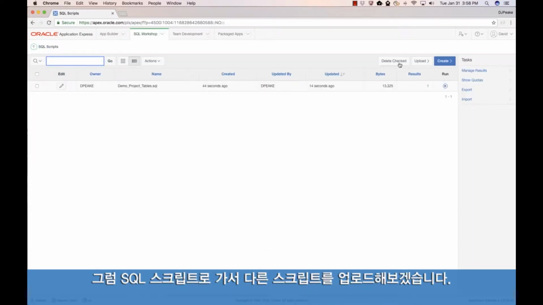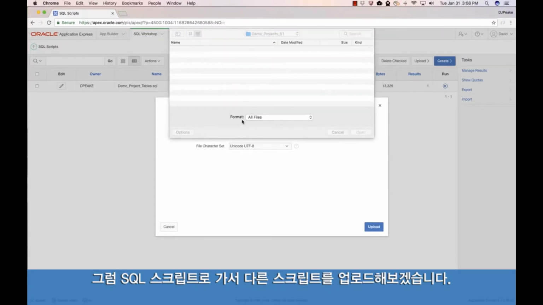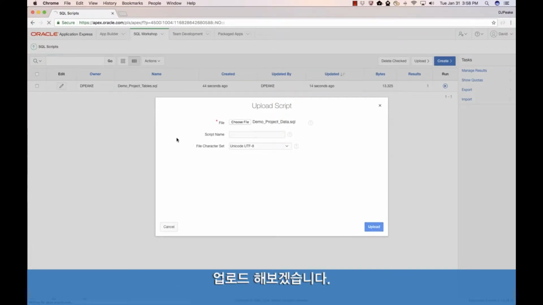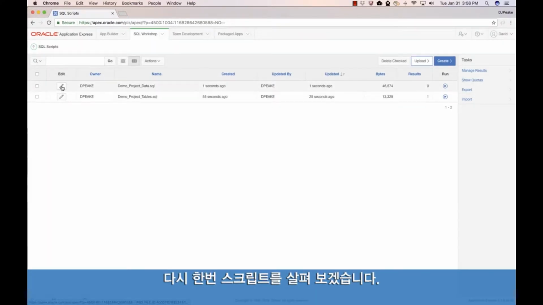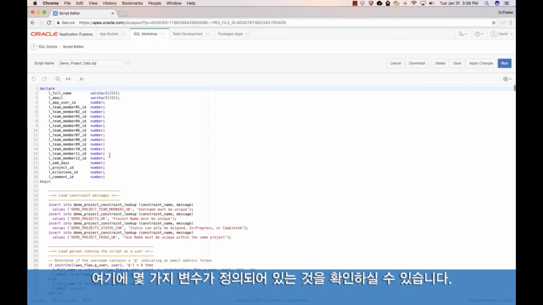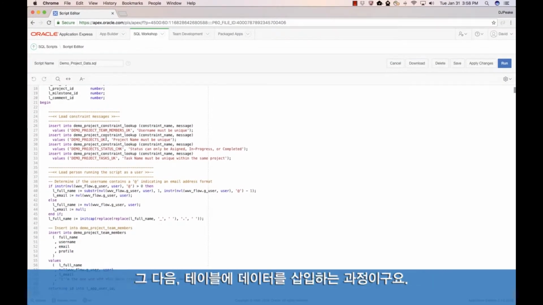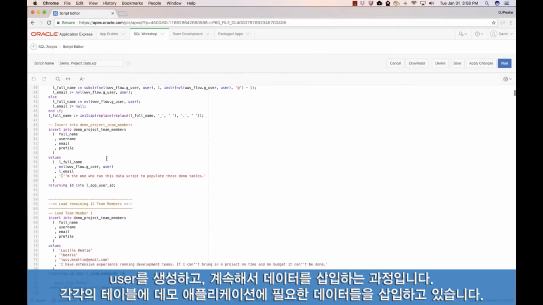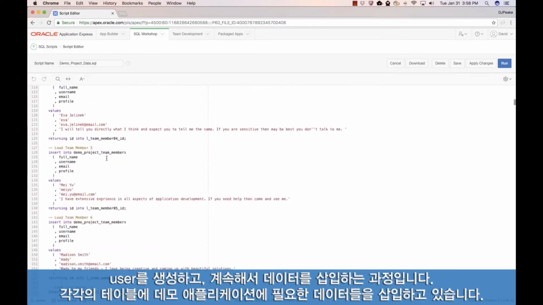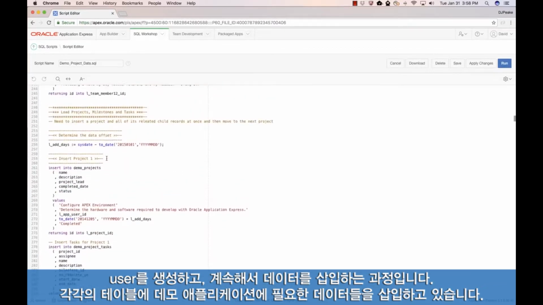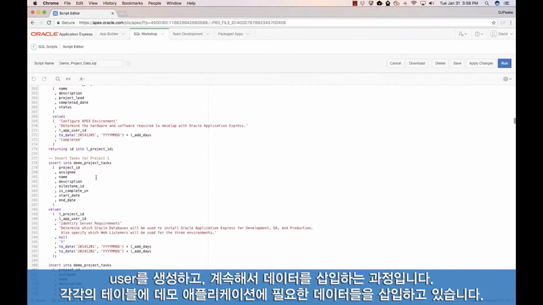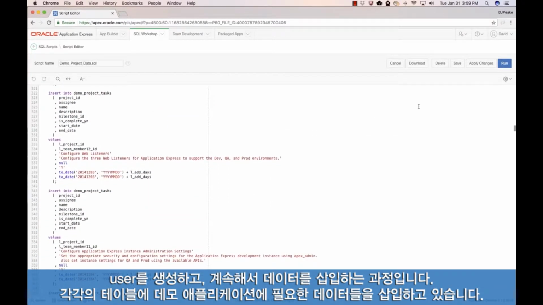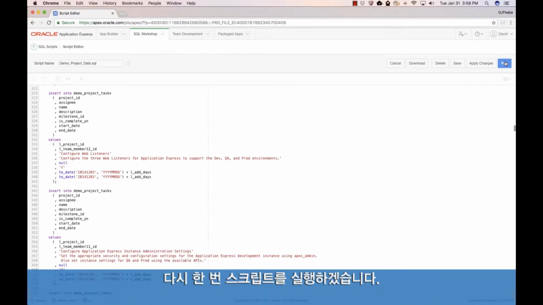Let me go back to SQL scripts and upload another script, and this one is my data script. Let's have a quick look inside of that one. You can see I've got some variables defined here, and then I'm inserting into various tables. Here's where I start creating users, and after I've created all the users, I insert all the projects. I insert one project, and then for each project insert some tasks and milestones, and so on, as required. So again, I'll run this script